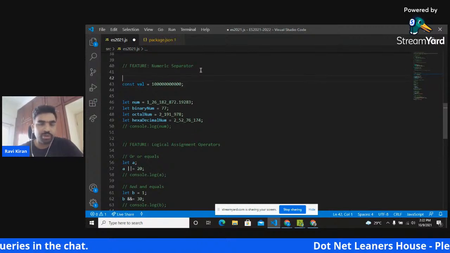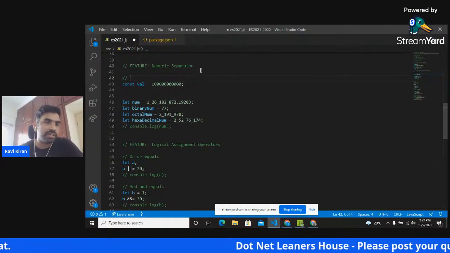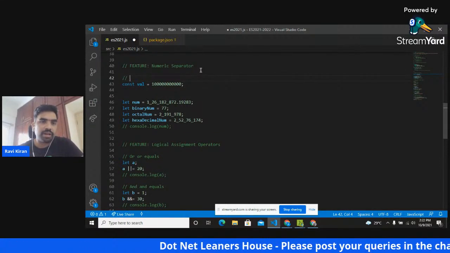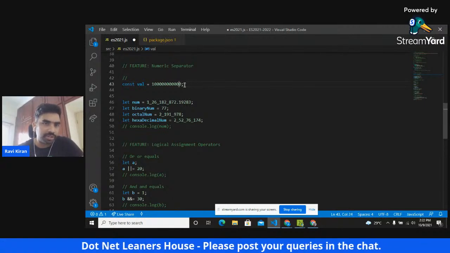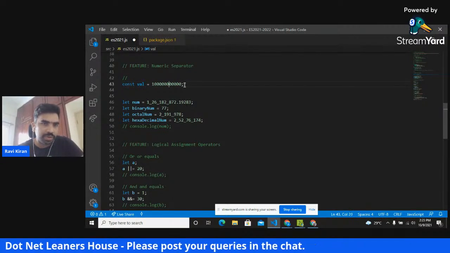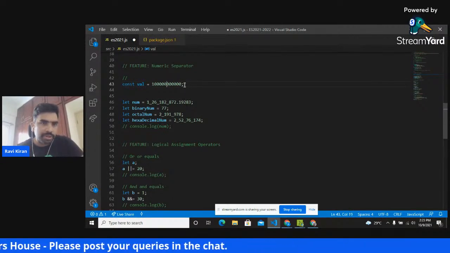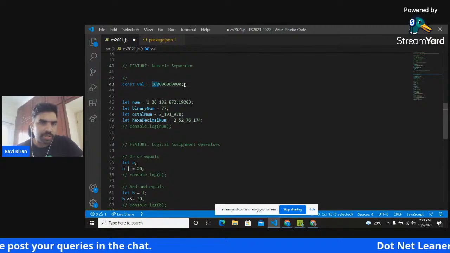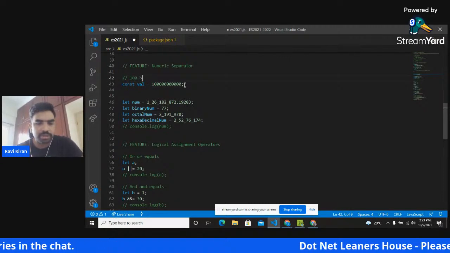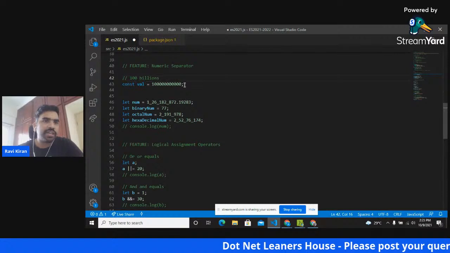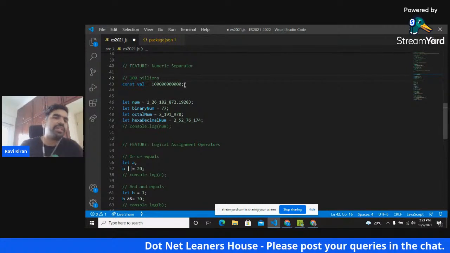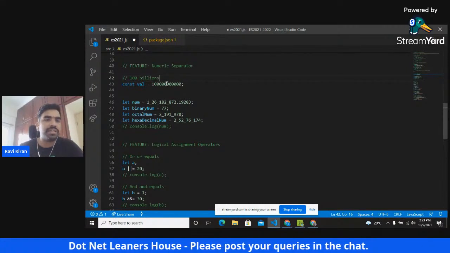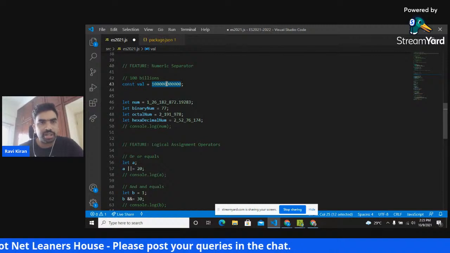Or while writing code, you have to take the due diligence and maybe write a comment saying, let me just count it. It is thousand. It's up to here, it is million, and this is 100 billions. Yeah, so if I write this comment saying that it is 100 billions, then it is clear, right? But the number as it is, is not readable or understandable.